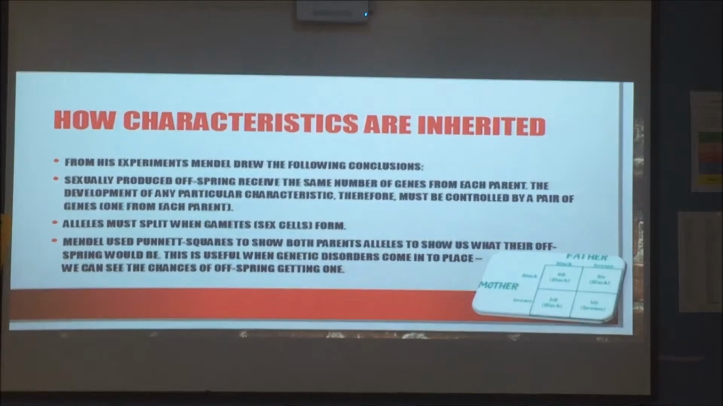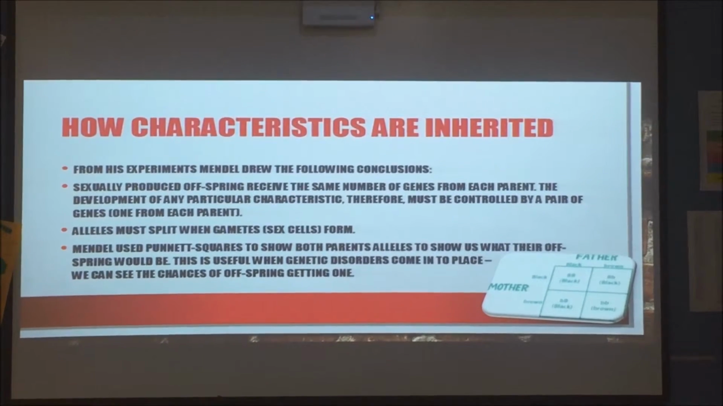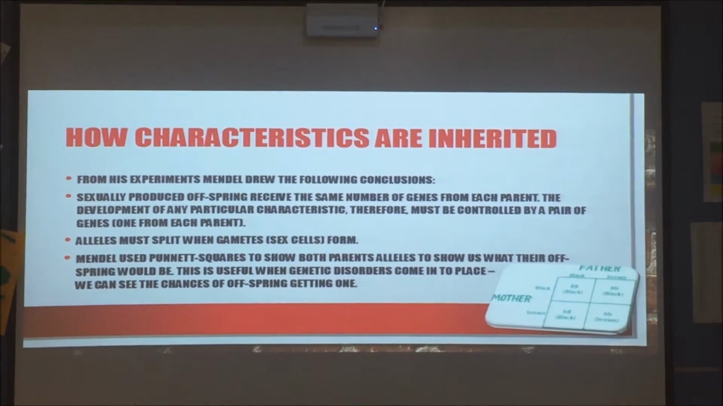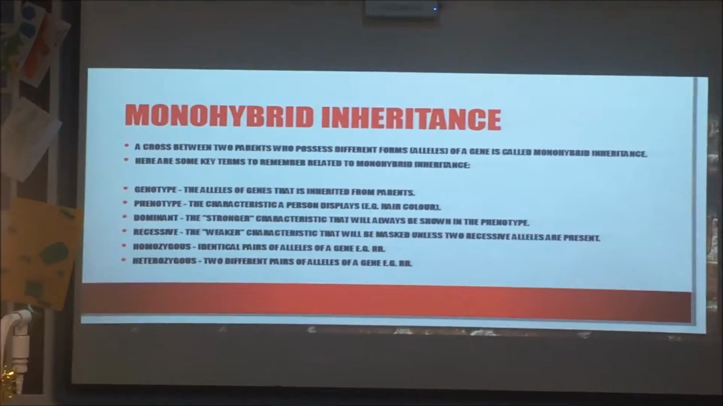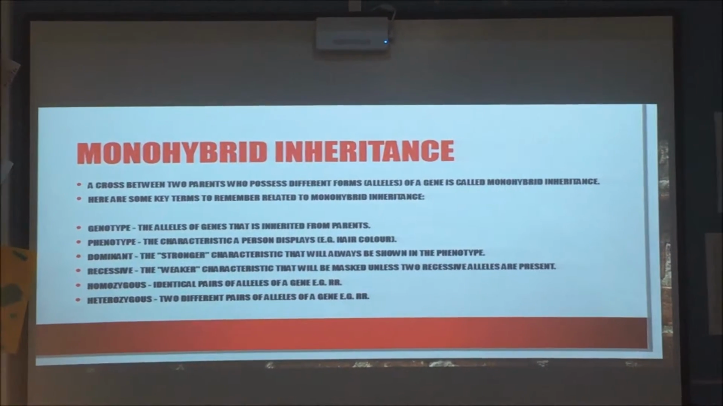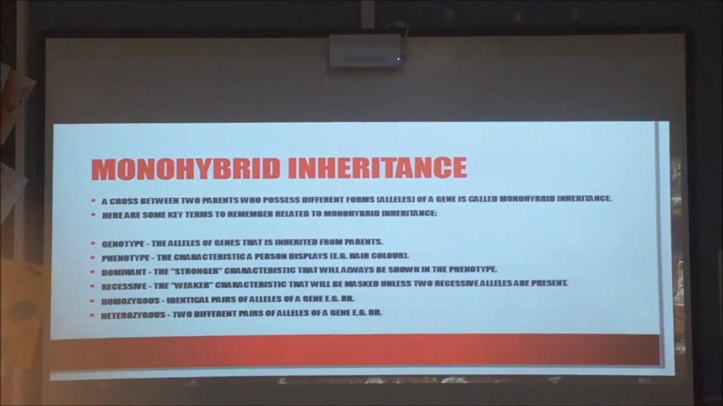Mendel used Punnett squares to show both parent alleles, to show us what their offspring would be. This is useful when genetic disorders come into play, so you can see the chances of the offspring getting them. Other things you need to know about monohybrid inheritance is the genotype, the alleles of genes that is inherited